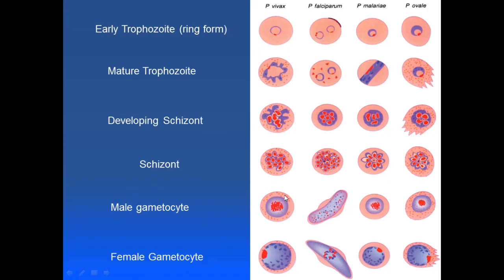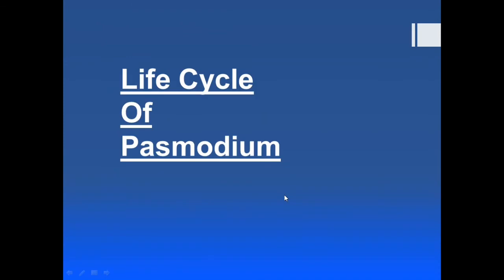So these are all the morphological forms that you should remember and memorize, because these are diagnostic. It is very important to know these, because in the blood smear you will have to differentiate which Plasmodium species is causing the malaria, and then you have to treat the malaria accordingly. I hope you have gone through all these forms. Just memorize them and remember the differentiating points between them. Now we'll come towards